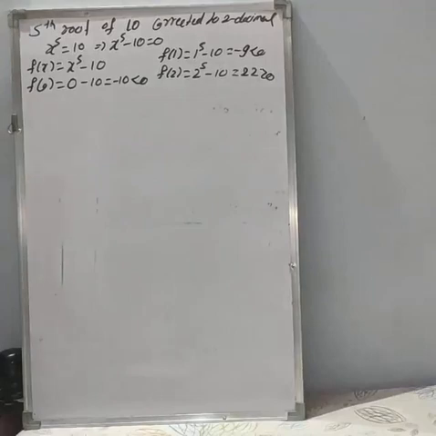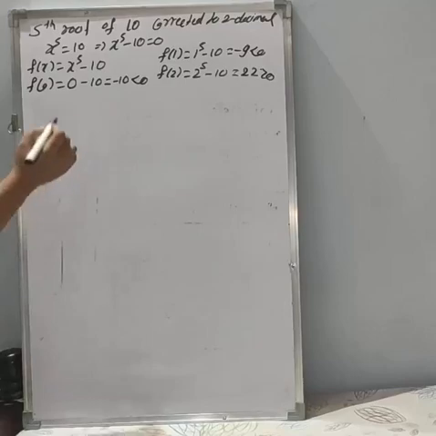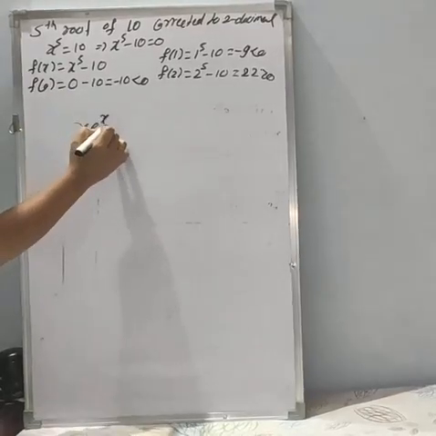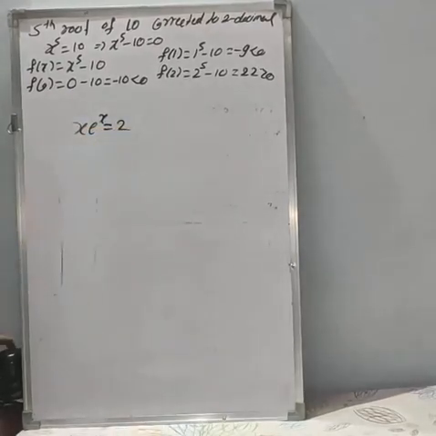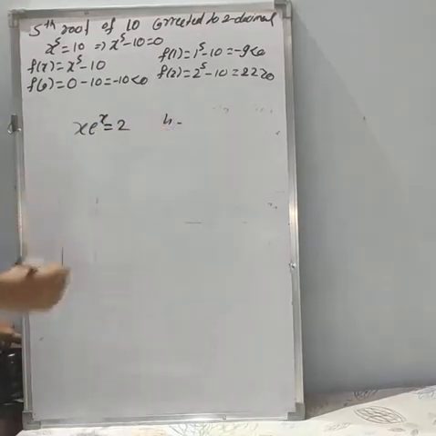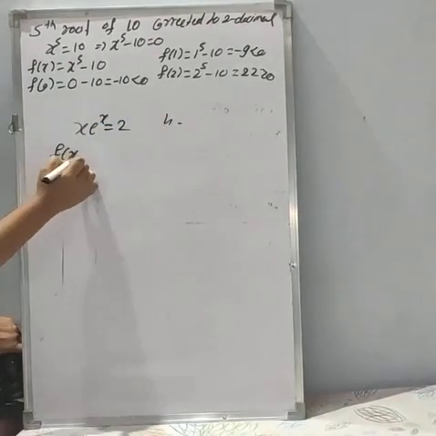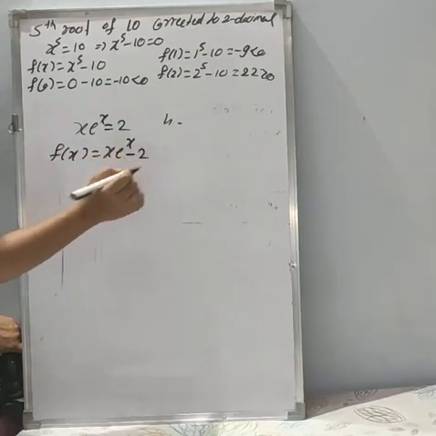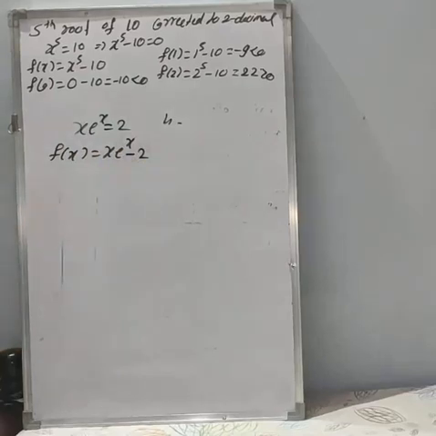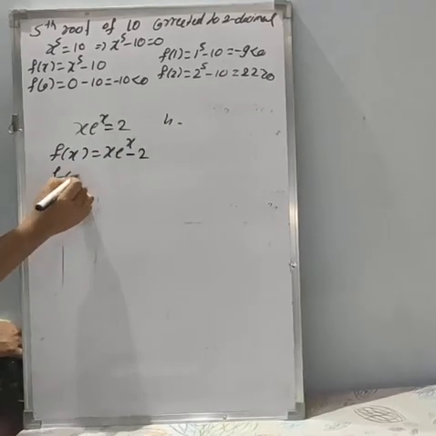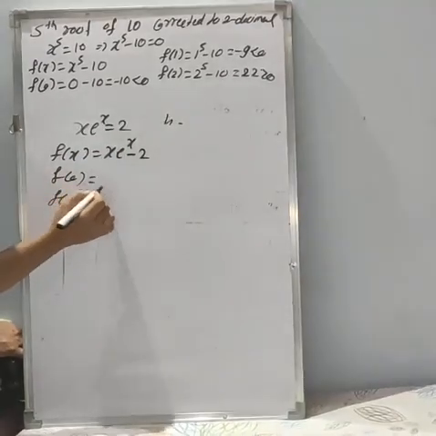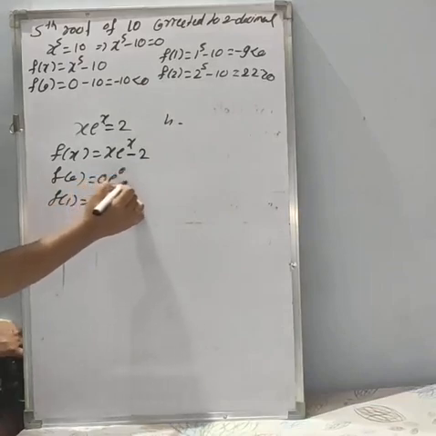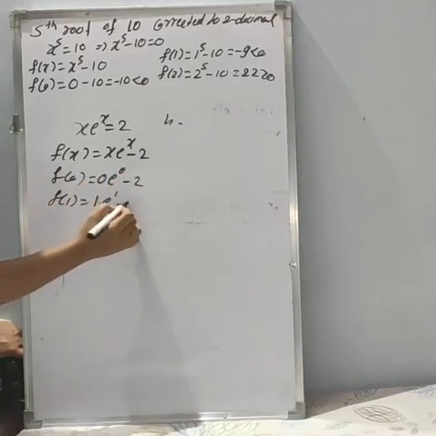In yesterday's class I gave one example in the PDF: find the real root of x into e to the power of x equal to 2 by using the false position method, carry out 4 iterations. I will give you some clue. Here f of x is x into e to the power of x; take this 2 to this side and you will get minus 2. I think you only need the values for f of 0 and f of 1. So how will we substitute the values here? 0 into e to the power of 0 minus 2, and 1 into e to the power of 1 minus 2.